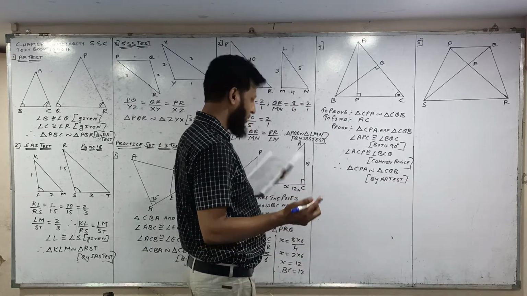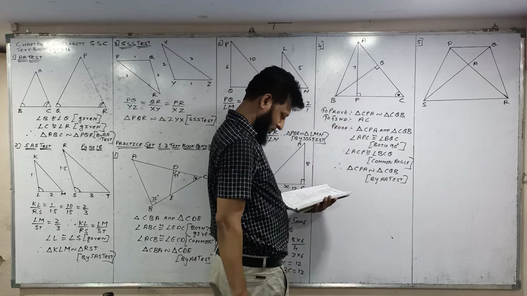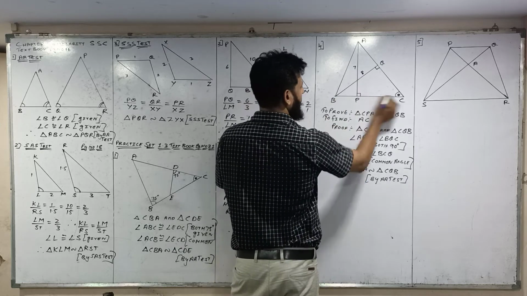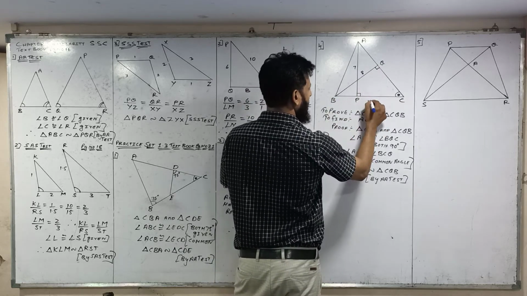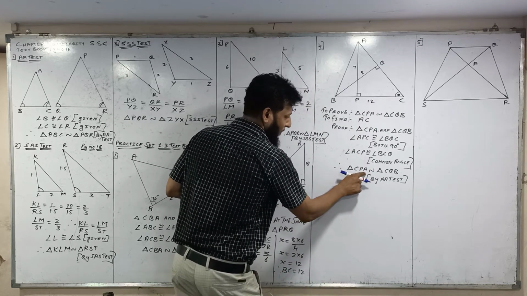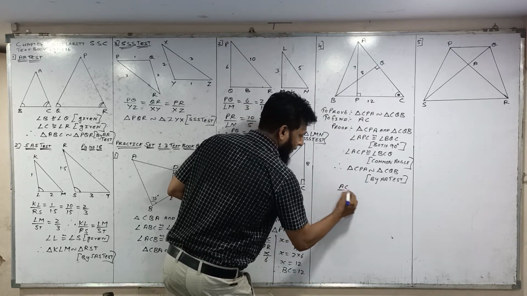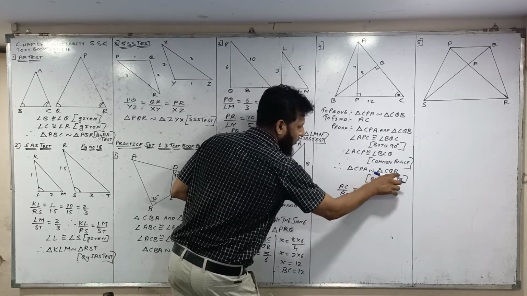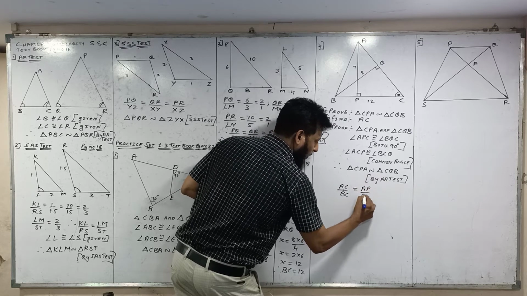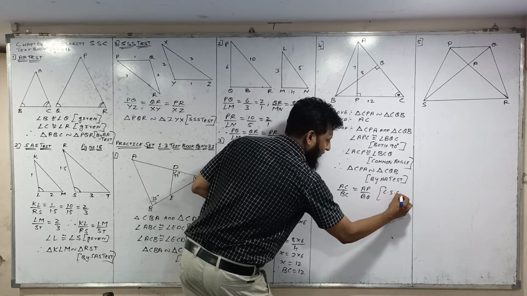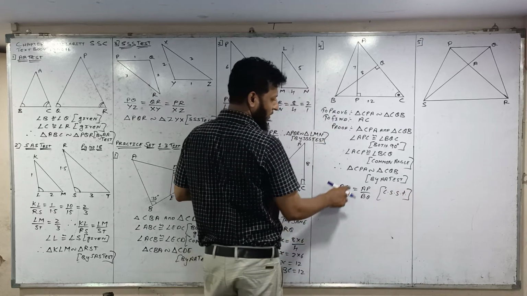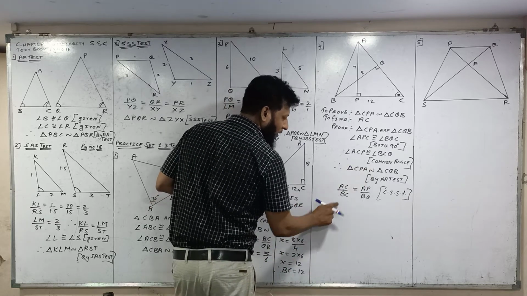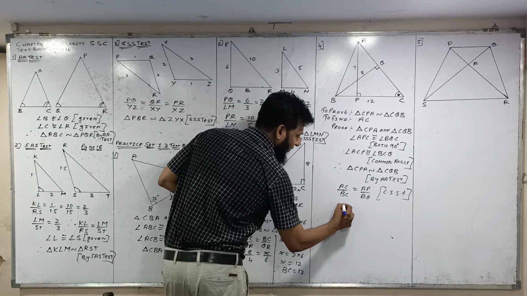You have to find AC also. AP is given 7, BQ is equal to 8, and BC is 12. So take from the proportional sides: AC proportional to BC, and AP proportional to BQ, the corresponding sides of similar triangles. There is also CP and CQ, but we don't need those sides, so we will not write them. AC is what you have to find out.